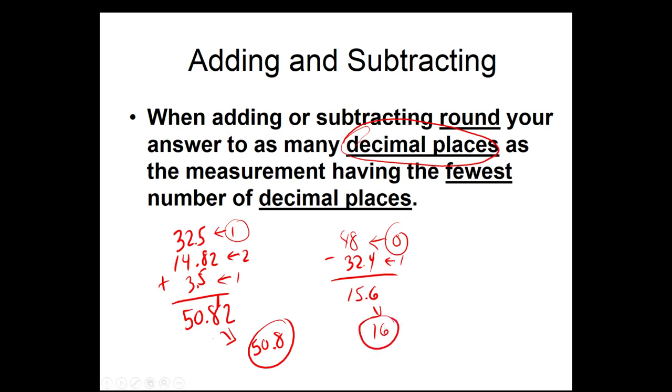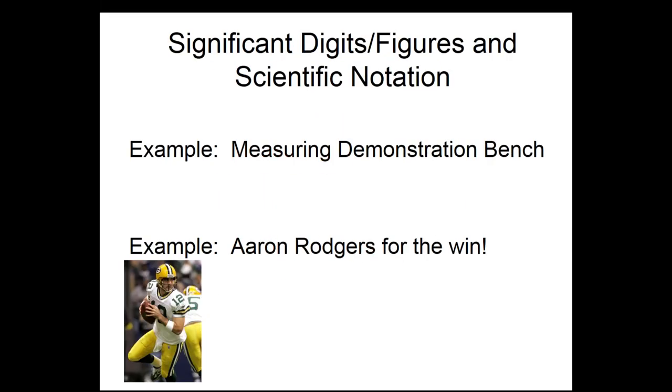So there's my answer. Like I said, we're not going to be using this adding and subtracting rule very often, but it's a pretty easy one when we do, and I'll remind you of it when we do. So let's go back really quickly to the problem that I had here with the demonstration bench. And my numbers, if you remember, were 2.45 meters long by 0.925 meters by 0.77 meters. And I multiplied that out, and I got this horrible number of